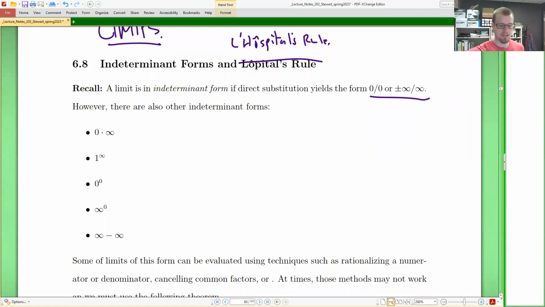So let's see here, one new form, 0 times infinity. That's kind of weird, right? 0 times anything is 0, but infinity times anything is infinity. So what happens here? It could go to infinity, it could go to 0, it could go to some finite number. Don't know. Same thing here, 1 to any power is 1, but when we think of limits,